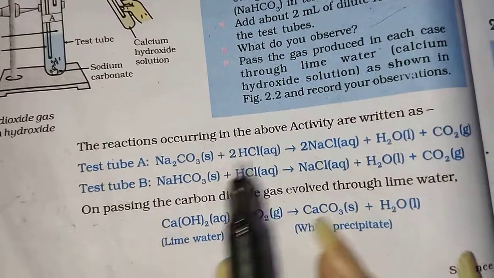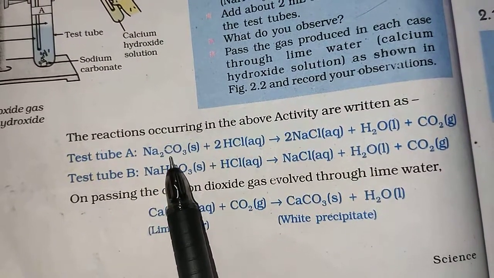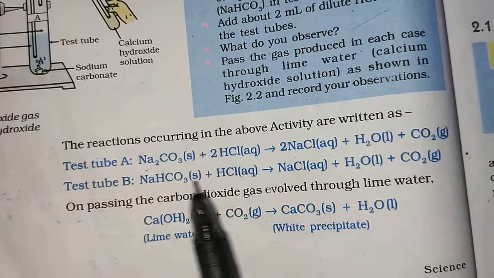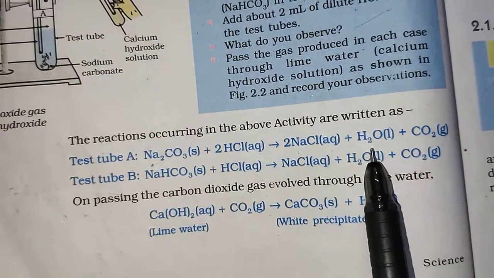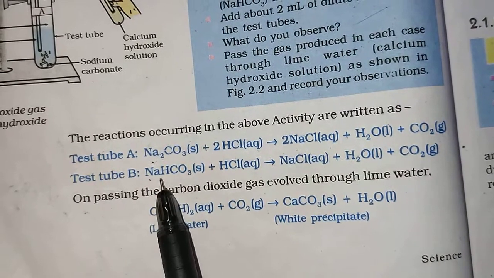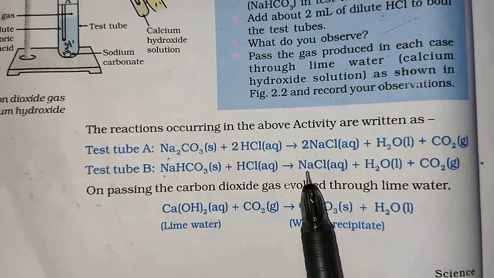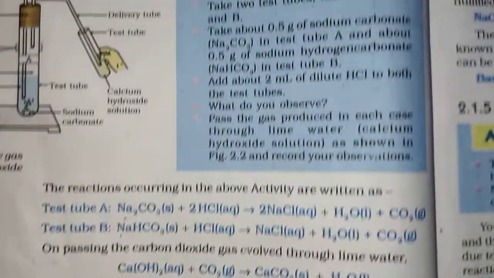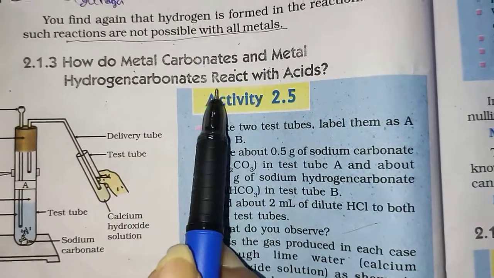But whenever metal carbonate or metal hydrogen carbonate reacts with acid, it will form salt, water and carbon dioxide. So we come to know that whenever metal carbonates or metal hydrogen carbonates react with acid, it